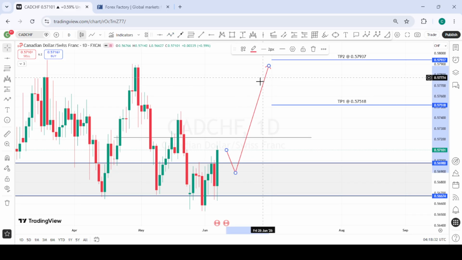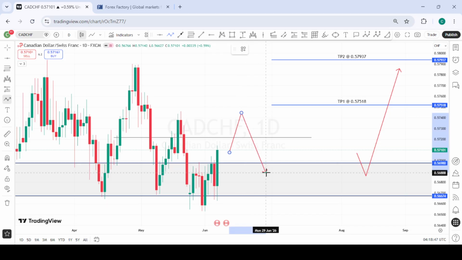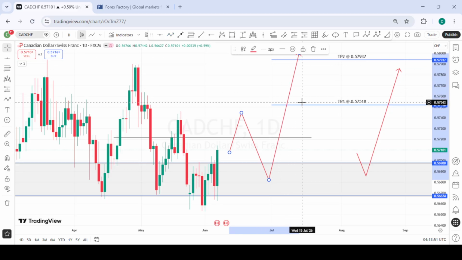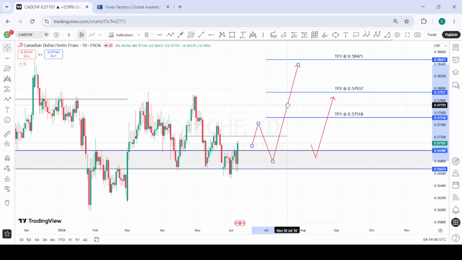So we are going to look out for this as a first scenario. The second scenario would be if we get price or a weekly candle close above the structure point that has been identified here. If we get a weekly candle close above that and price comes back for a pullback, then we are going to have a very huge inverted head and shoulder formation also right here before we see price drive all the way up to the upside. So these are the two scenarios we have for